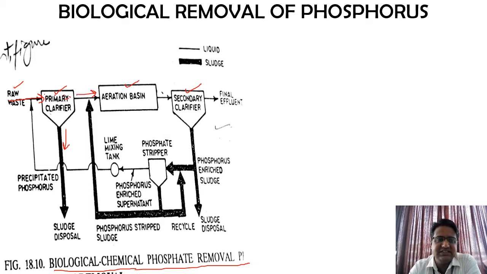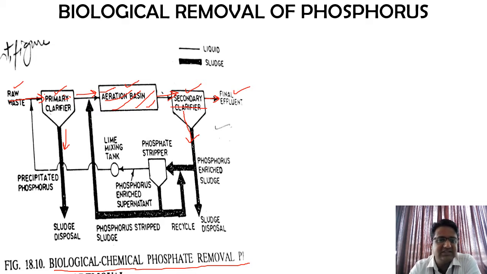In this aeration tank, through mechanical means or through submerged pipes, pressurized air can be passed through, and in turn the aeration process is done. Once the entire contents are properly mixed, it moves up to the secondary clarifier. After settlement, the sludge is collected at the bottom and the supernatant liquid is taken out as the final effluent. So this is basically the process that is happening.